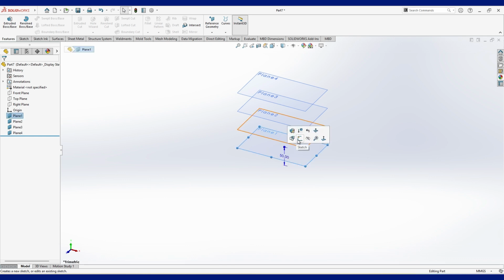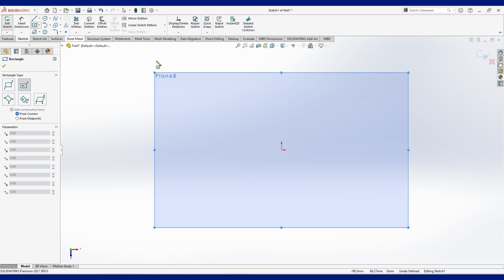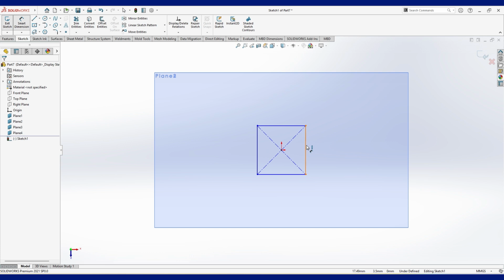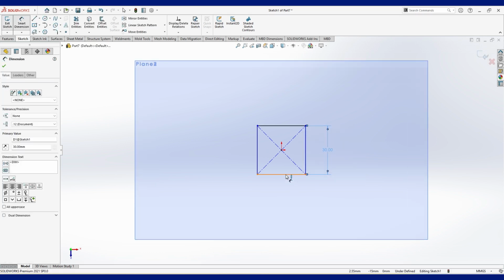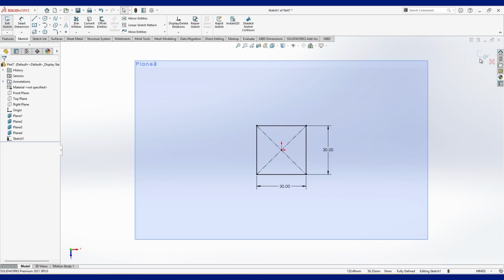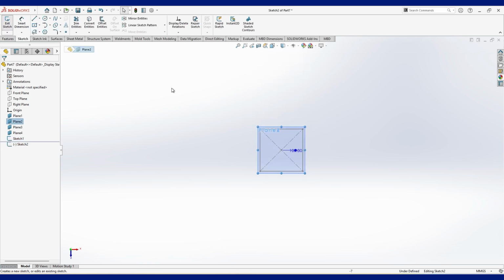Now click on plane 1, sketch, center rectangle, then give the dimension 30. OK, the sketch is ready. Now click on plane 2, again sketch,